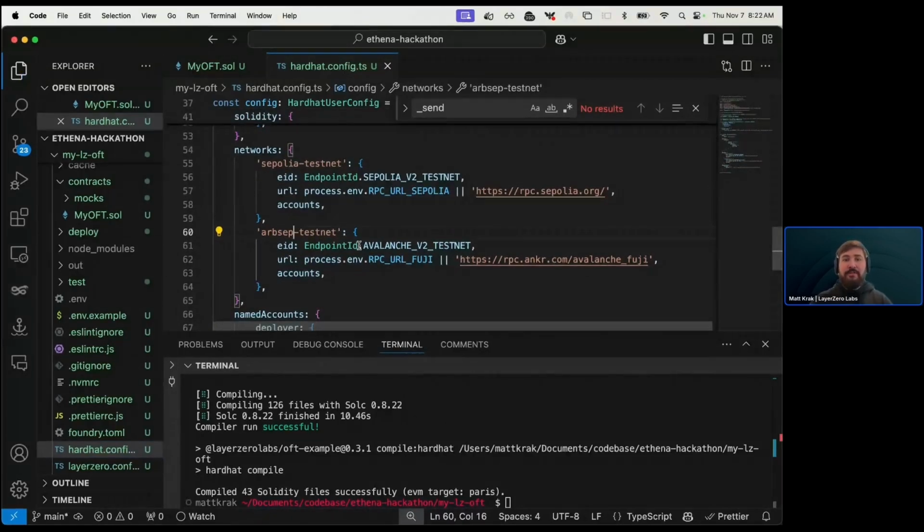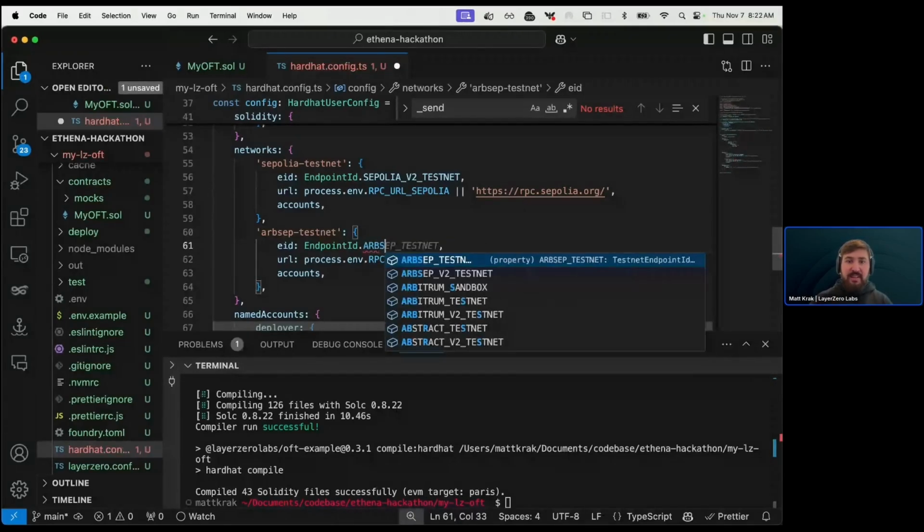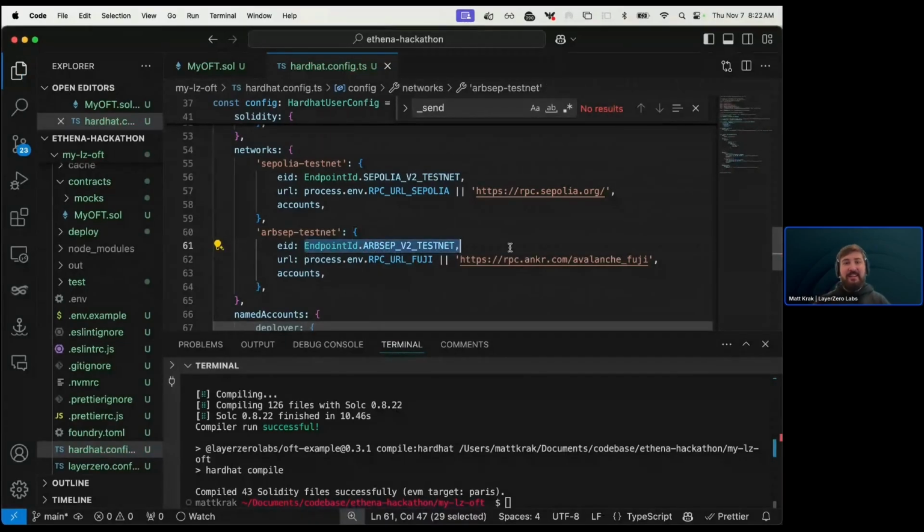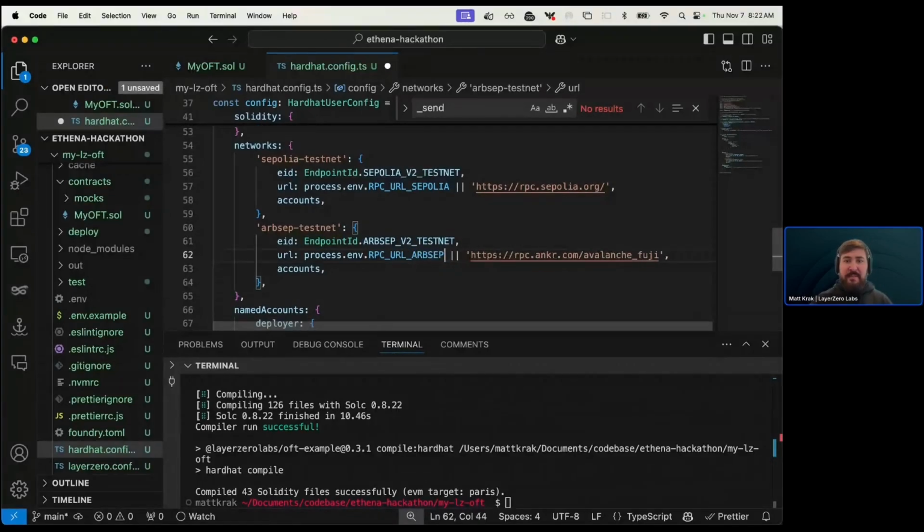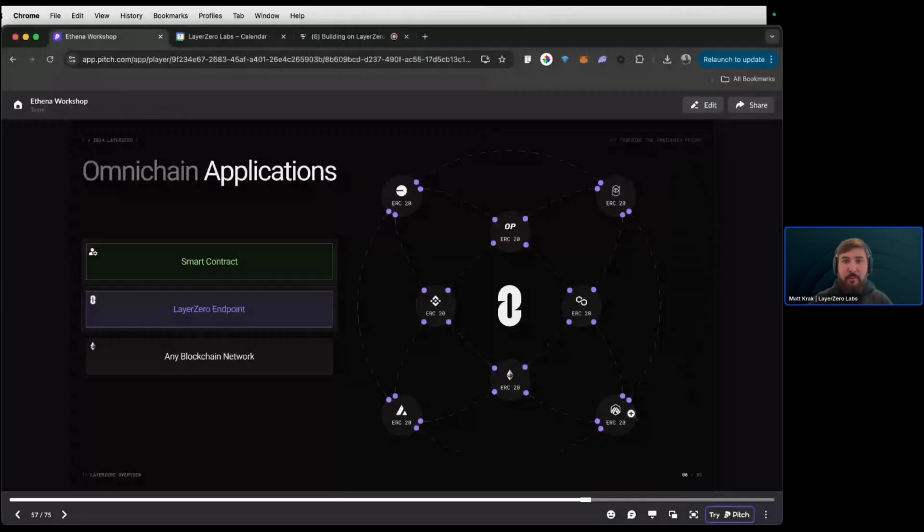The way that I'll go about deploying to Arbitrum Sepolia is I'll first provide an endpoint ID. We'll jump in and do arbsep v2 testnet. This is a package that gets automatically pulled in for you. We'll do rpc URL arbsep. I don't have one directly in my .env and would not like to run myself, but where we can easily